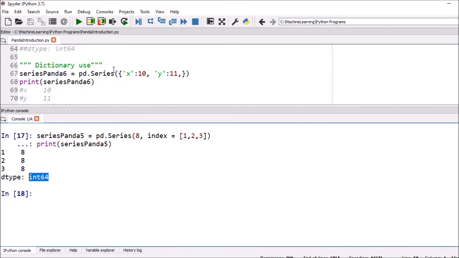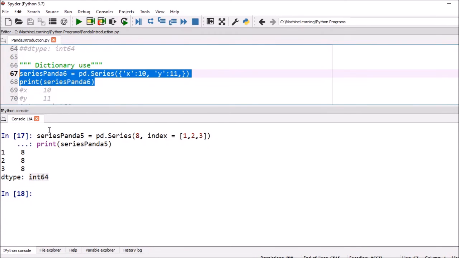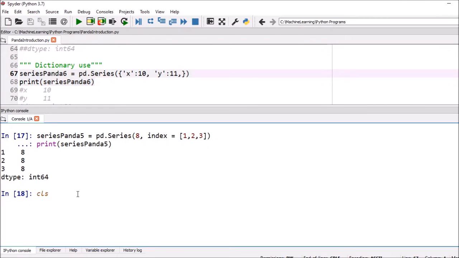Next, we can use a dictionary to define the Panda series. Now we can see these 2 lines, where it is the 6th Panda series. Inside these brackets, we define the dictionary. Within a curly bracket, this is our key, and this is our value.